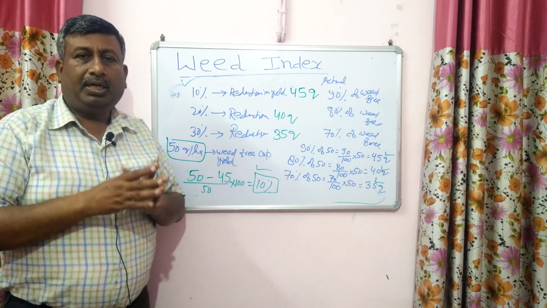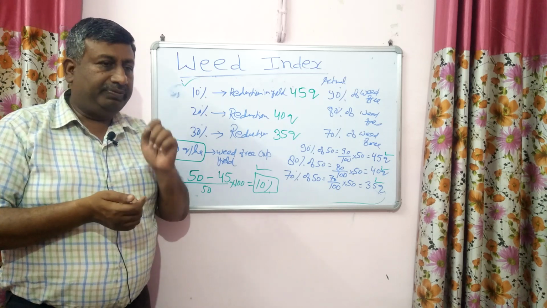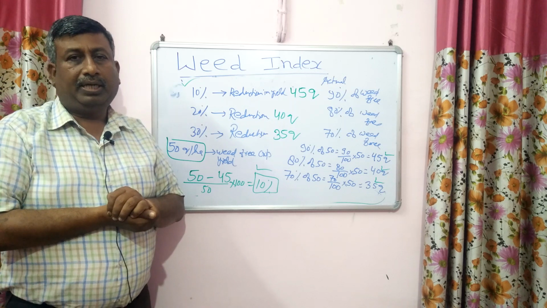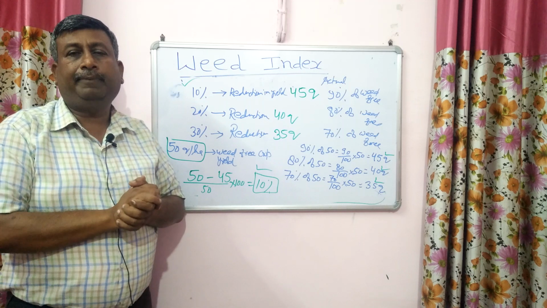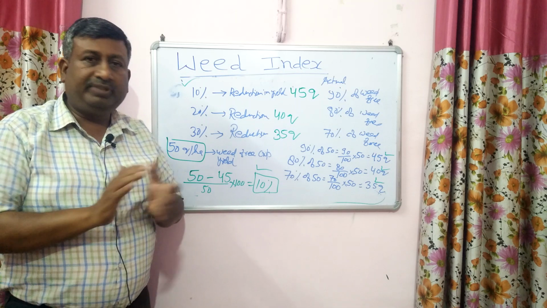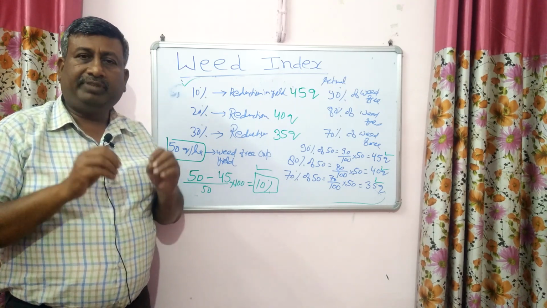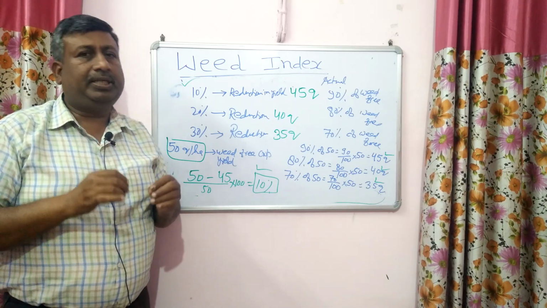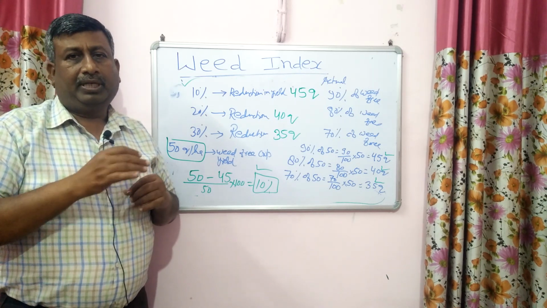So with the help of weed index we can calculate the grain yield of the treated plot and can assess the competition, but cannot quantify the competition. So weed index is an indicator of grain yield of the treatment and can assess the competition, but weed index doesn't tell about the weed density, weed population and weed dry matter. तो confuse मत होइए, weed index से हमें weeds के dry matter के बारे में नहीं पता चलता, weed density के बारे में नहीं पता चलता, weed number के बारे में नहीं पता चलता. हम weed index से ये पता कर सकते हैं कि उस treatment में कितनी yield reduction होती है as compared to weed free crop.